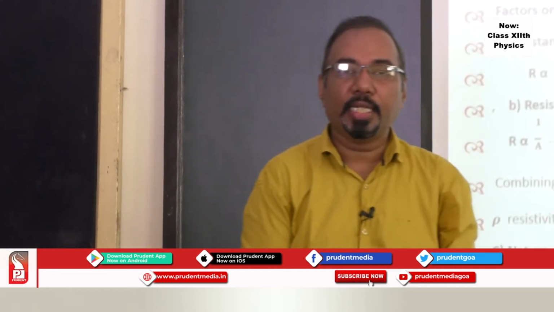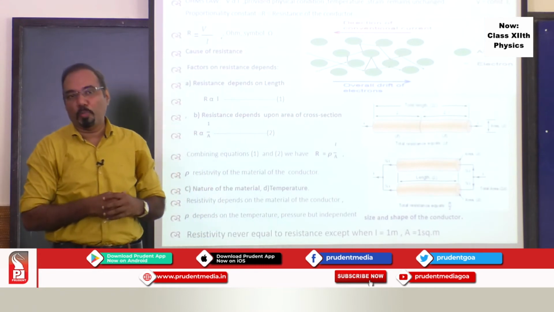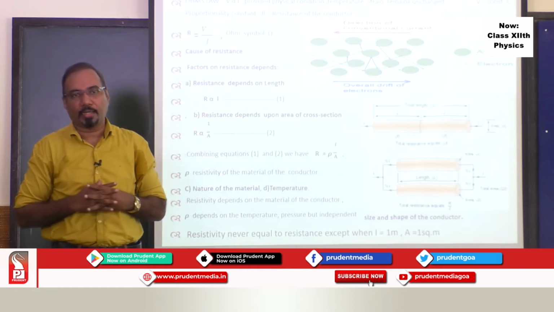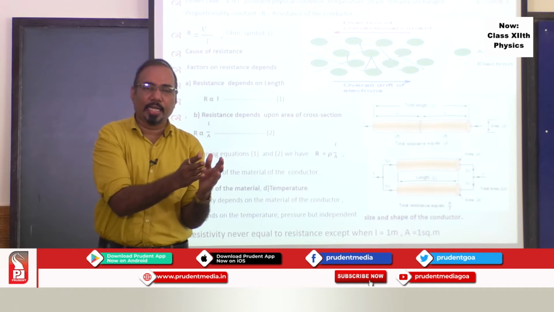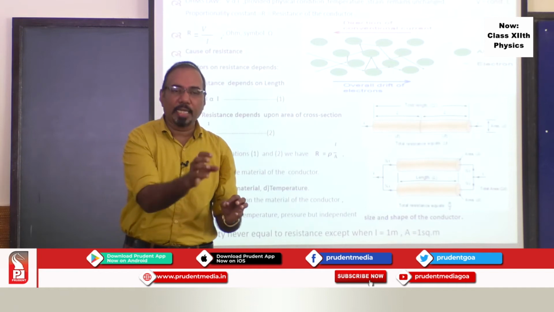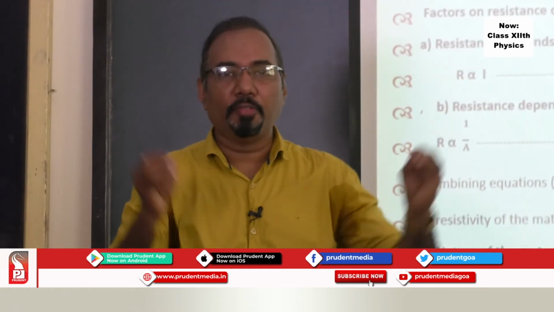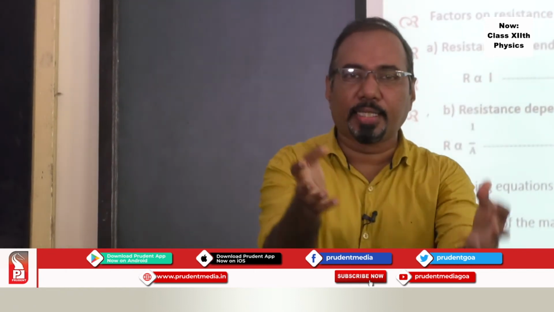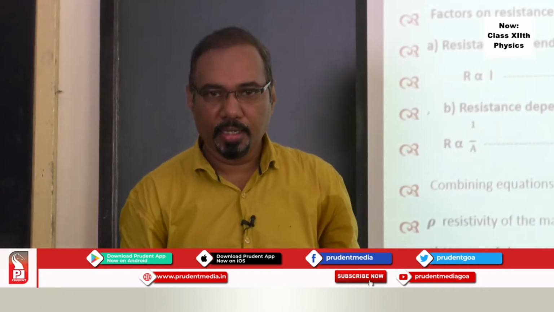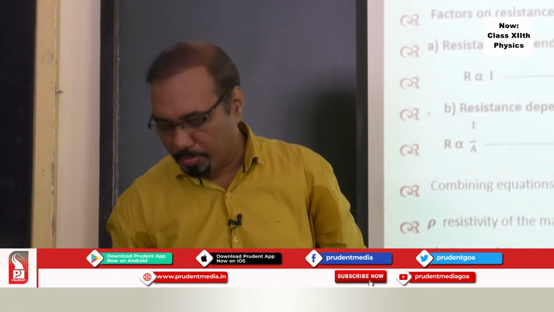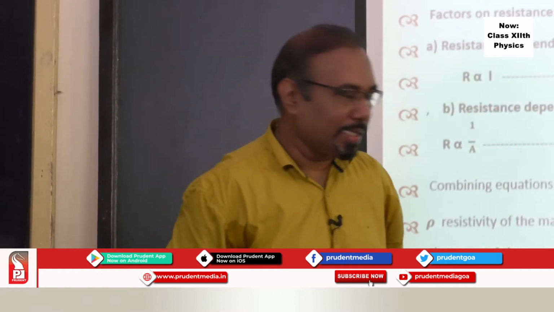Resistivity and resistance are two different things. Resistivity is a measure of the ability of a conductor to oppose current. It only depends on the characteristics of the conductor and the temperature surrounding it. Please understand this difference. Resistance can depend on length, area of cross-section, temperature, nature. But resistivity depends on the material and the temperature. For example, if I have a wire of 1 meter and you cut it into two parts, each part will have the same resistivity. Their resistance will be different. So if you change the length of the given conductor of a given material, its resistivity will remain the same. That's what exactly it means.